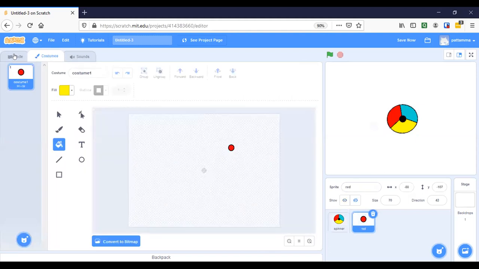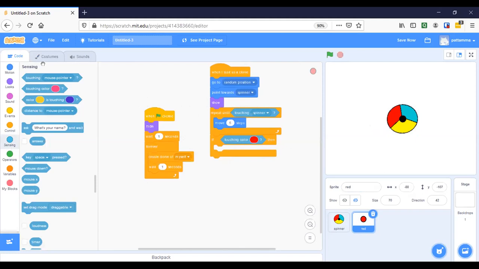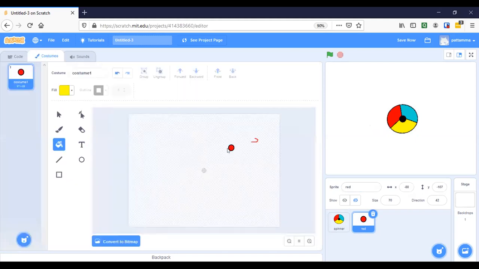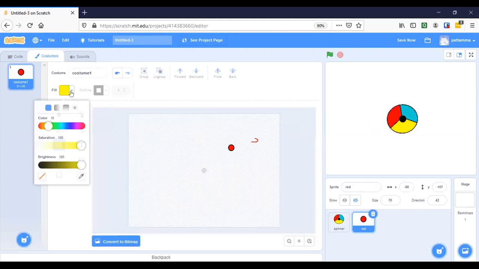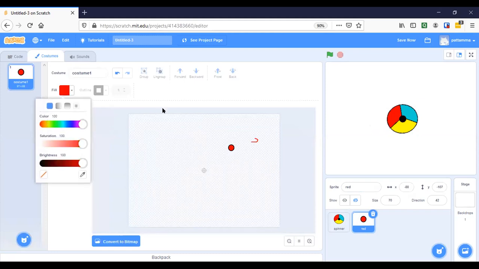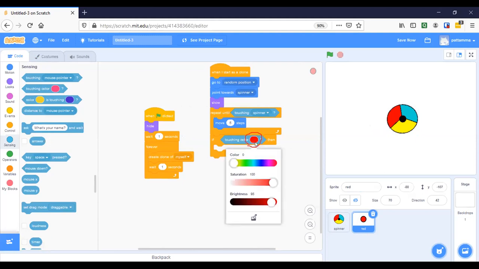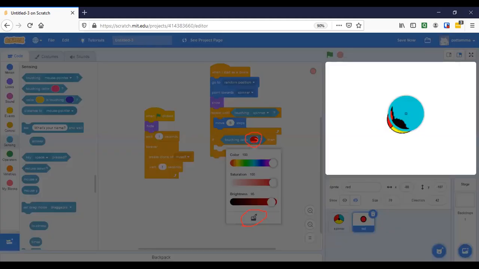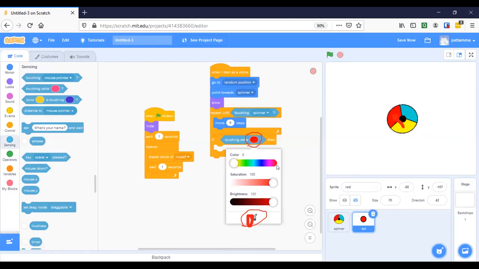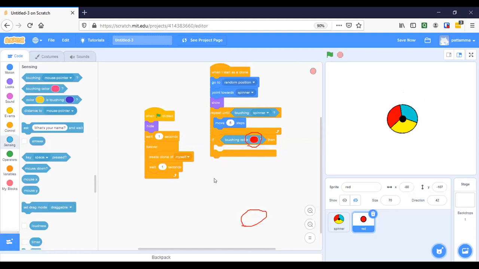So what we have to do? Checking which color it is. Do you know how to check the color? Yes, I know. But let's go back to the code. Click over here. Then there is a pen option. Then click over here. Then go and select that color. Very good. If it is touching color, then we have to change the score, right?